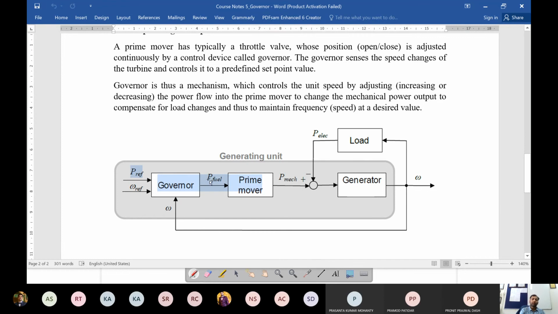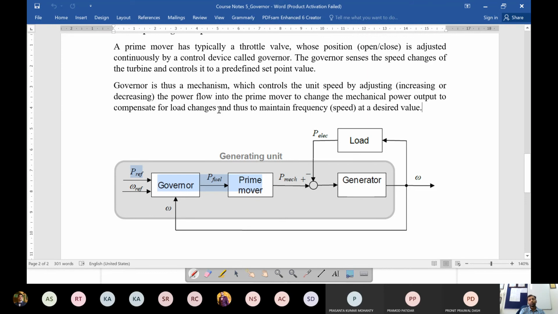Now this will depend on how the P fuel is increased. In a steam turbine, basically the rate at which the coal is being fed to the boiler and the rate at which the steam is being generated will be increasing. Whereas in a hydro turbine, simply the wicket gate opening or the nozzle of the Pelton turbine opening will be increased, so that the extra power is being fed to the prime mover, the hydro turbine, and it will accelerate, and then Pmac will increase. Now again a new equilibrium will be achieved, where Pmac and Plec are again in equilibrium, and the omega will be restored to its reference value.